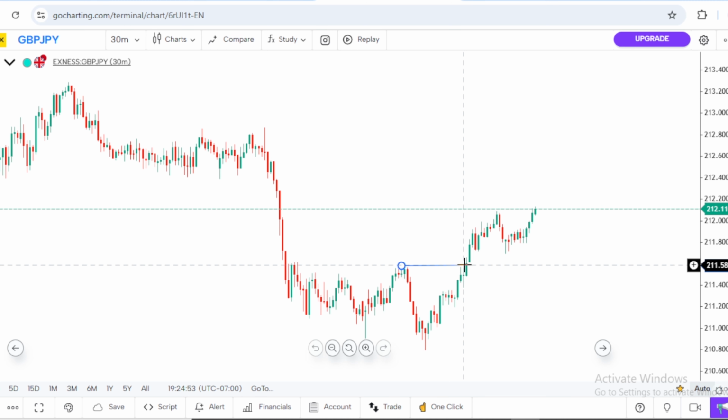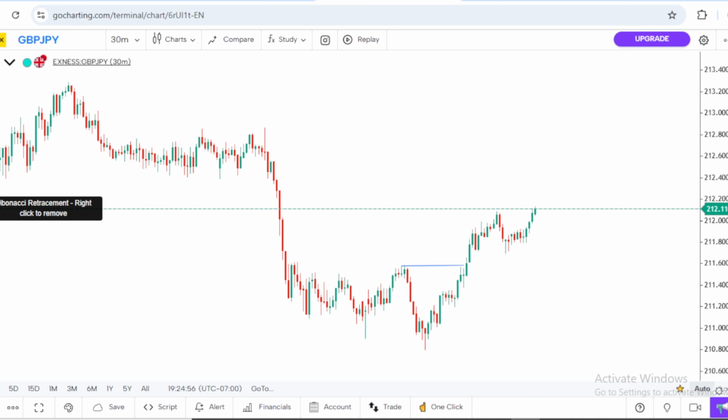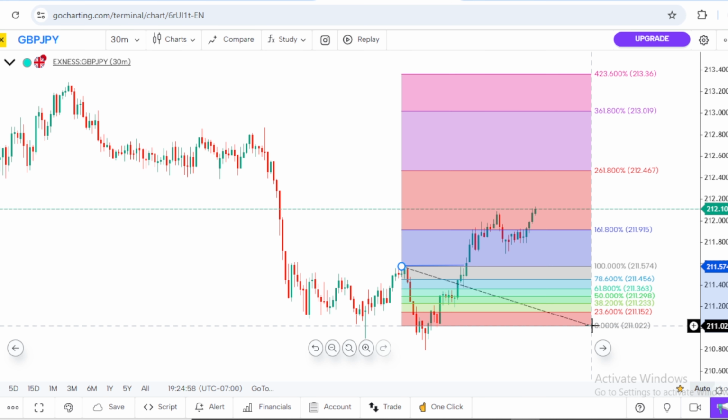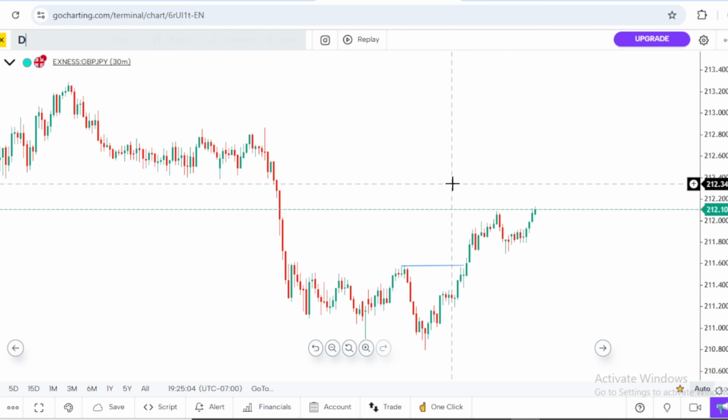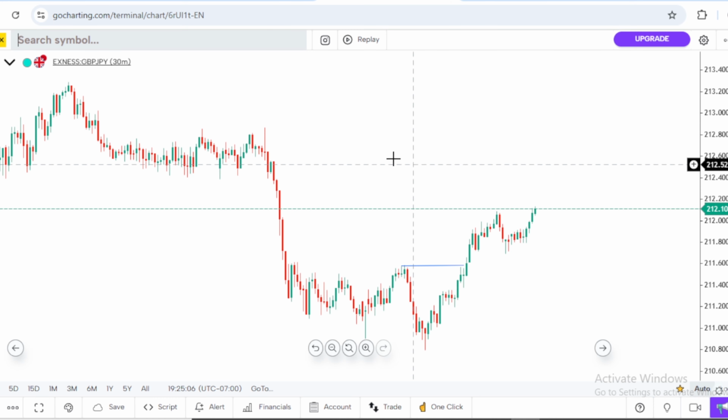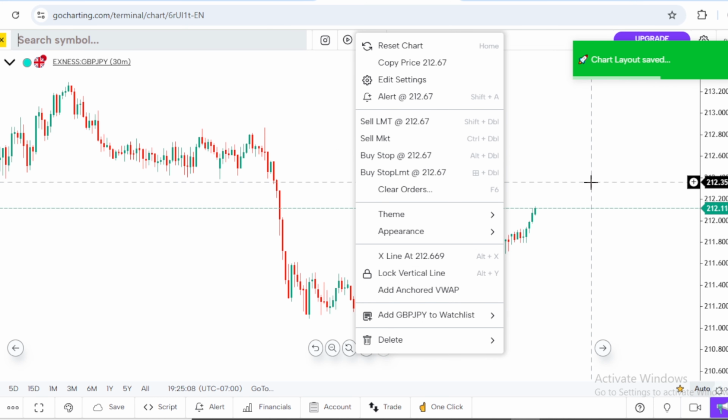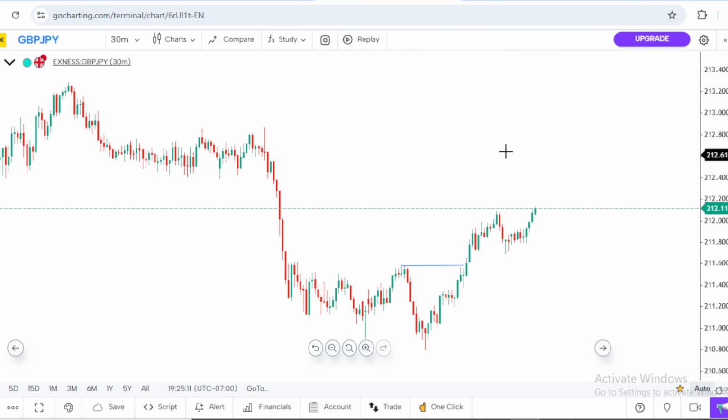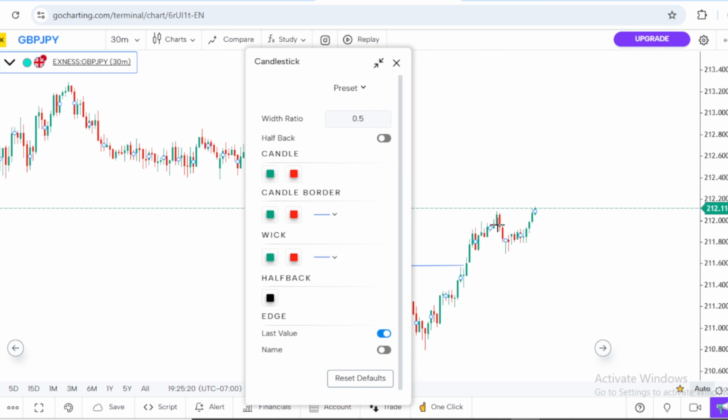You can use this. You can see it. You can reset your settings. You can do your settings to whatever you want to use. Ctrl S when you are done. You Ctrl S again to save all that you've done. So whenever you come in, you can save the template of whatever you have done also.